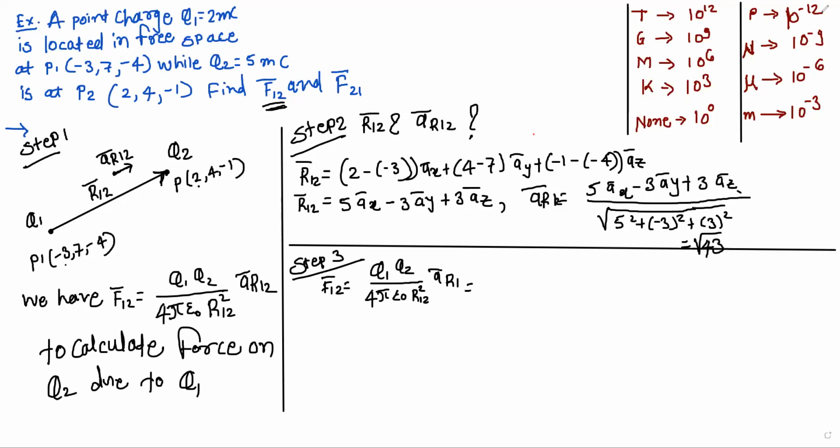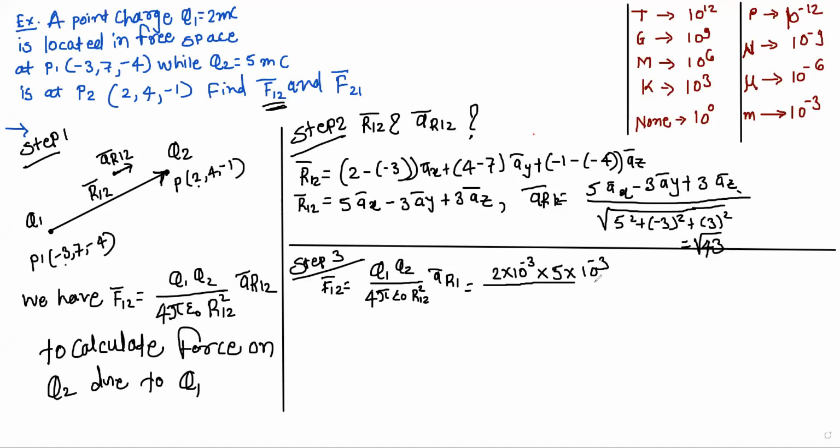Correct. Now here in our example, they have mentioned Q1 equal to 2 millicoulomb. Q1 equal to 2 millicoulomb means what? 10 raised to minus 3. So this is Q1: 2 into 10 raised to minus 3, multiplied by Q2. Q2 is 5 millicoulomb. So 5 into 10 raised to minus 3